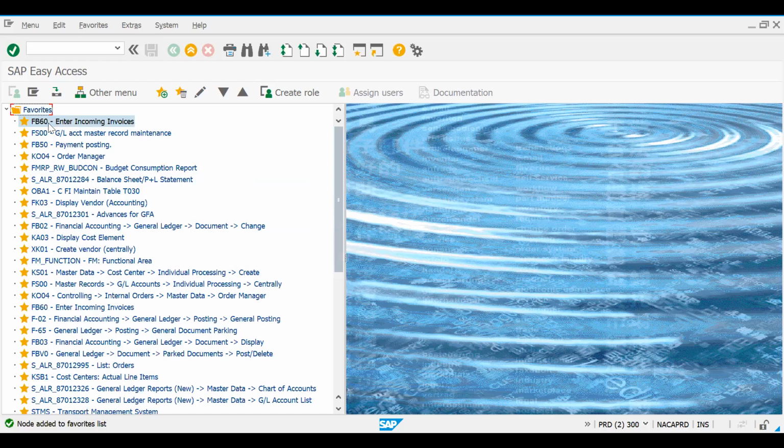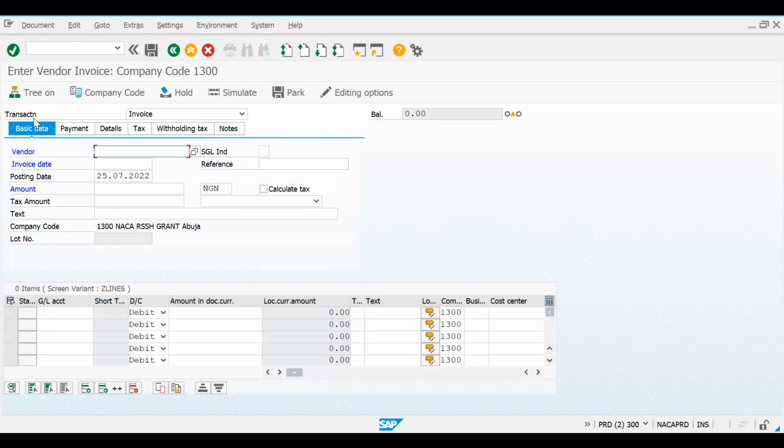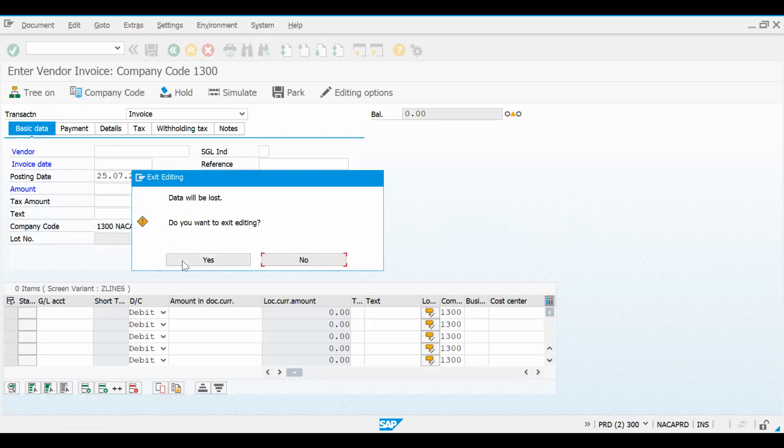So you can see FB60 is here. So instead of me cramming the code or going through the menu path, I just add it to my favorites. It's there in my favorites because it's my frequently used T code. I just come here and I click it. It takes me to that screen. So it's quite faster here. Okay.